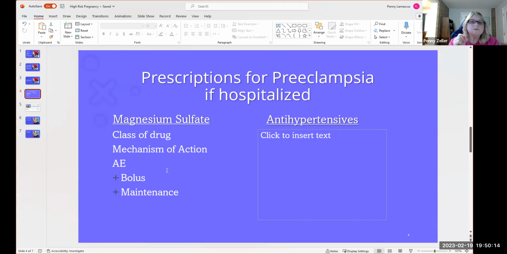So a little pathophys for you, and you don't have to know this. Researchers have actually scanned the brains of women with preeclampsia, and what they saw is increased activity of the cerebral vessels because calcium levels were too high. So in order to treat it, we give magnesium, which balances.